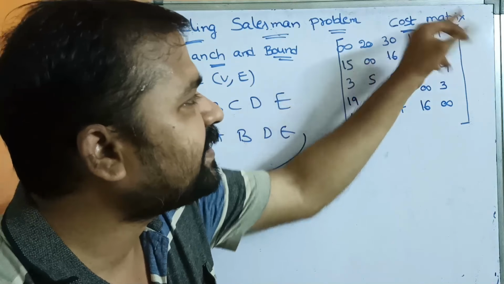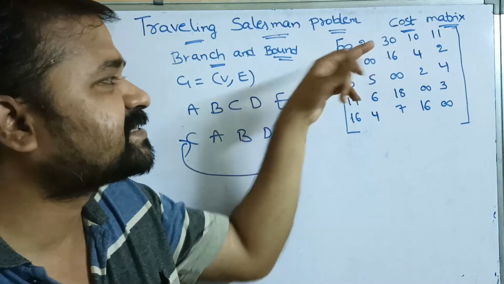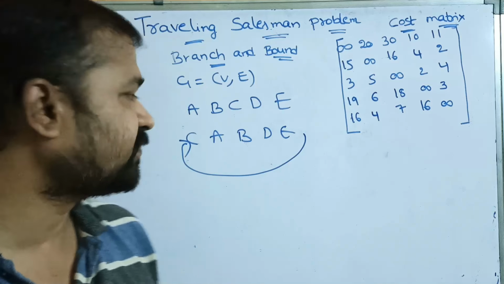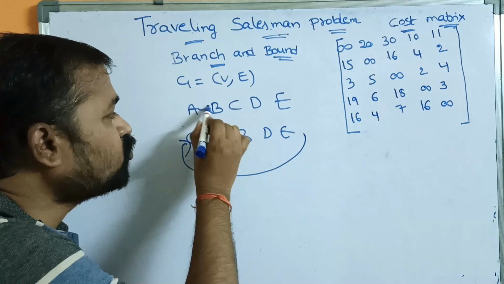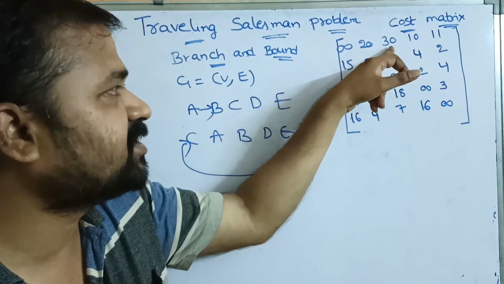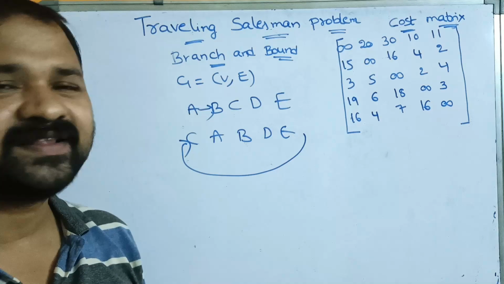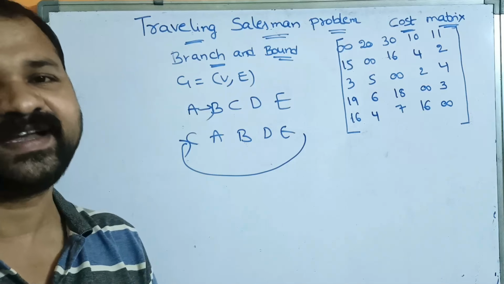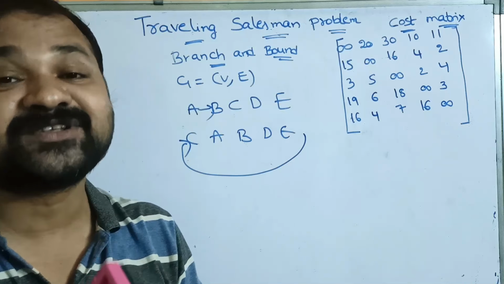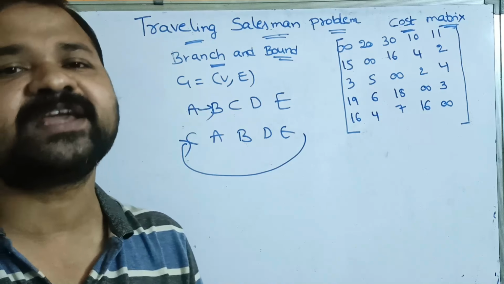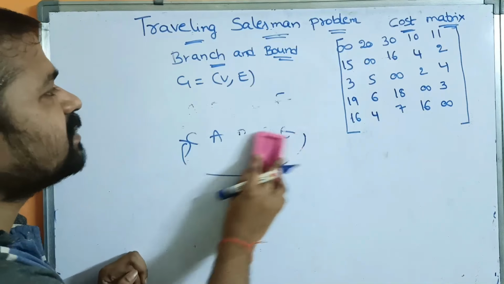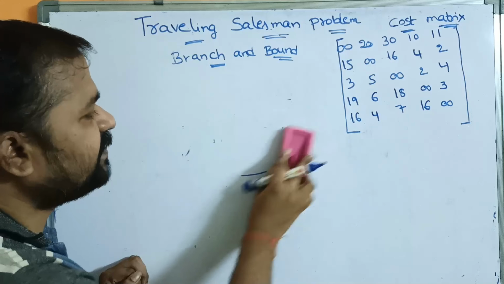Here a cost matrix is given. Here the graph is a directed graph. If there is an edge between two vertices, then there will be some cost. So 20, 30, 10, 11 are nothing but the costs between two vertices, whereas infinity represents that there is no edge between the corresponding vertices. Okay, so now a cost matrix is given. In the examination, the cost matrix will be given directly.